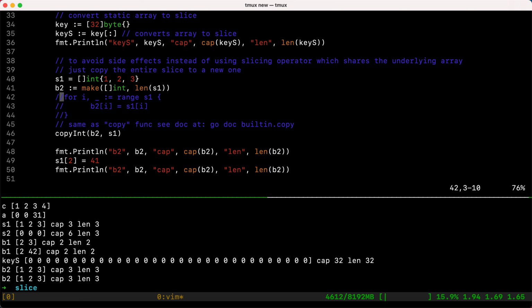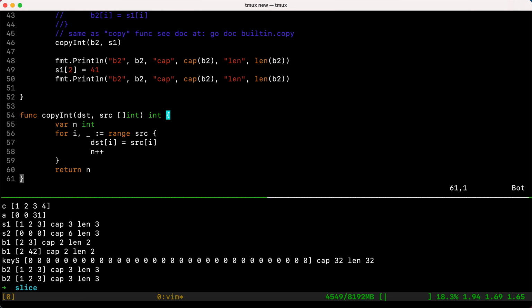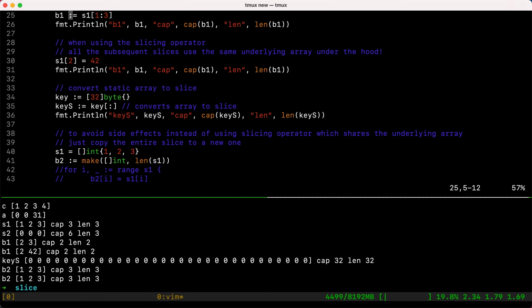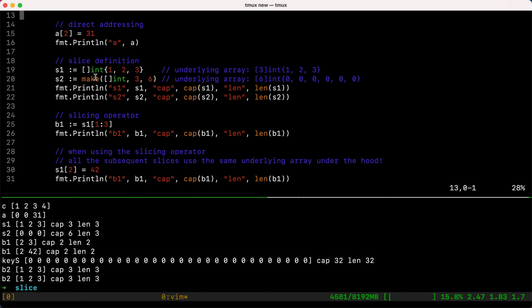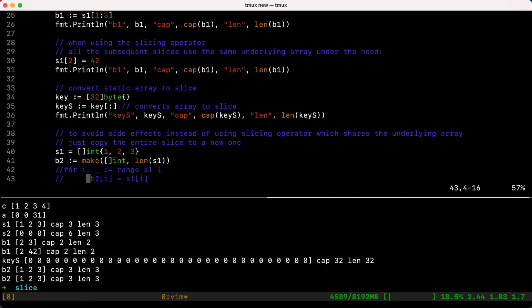That's very easy. Now, how do we add items to a slice? The way that we add items to a slice is by using the slicing operator effectively. The slicing operator can be used to create slices with a bigger length up until the capacity of the slice. So, for example, we know that the slice S2 has a capacity of 6 and a length of 3. If we want to add a new